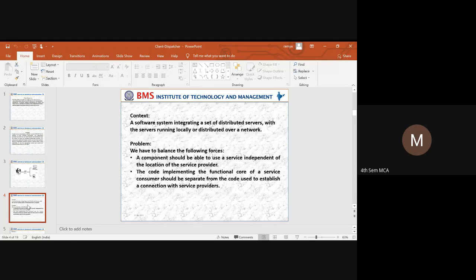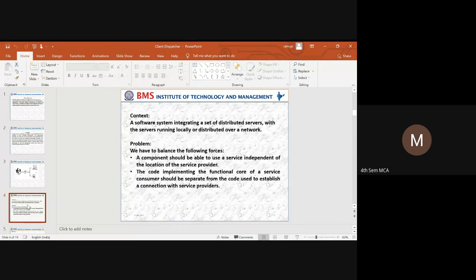To get those services, there are different sets of problems, and those problems have to be identified when we are trying to request the service. We are trying to identify what the different components are, how independent services can be provided, what the location of the server is, and what type of service that particular server is going to provide.